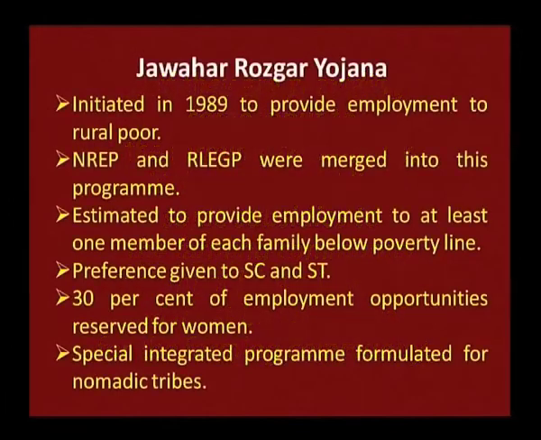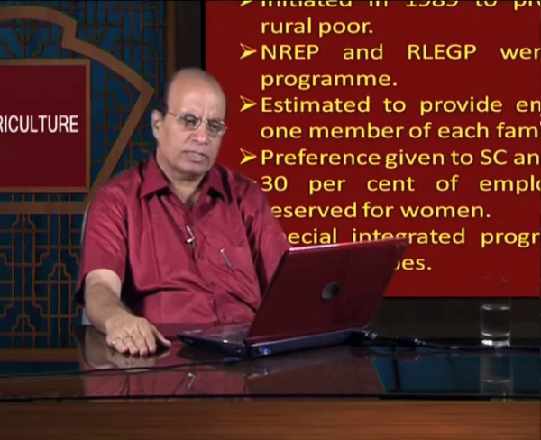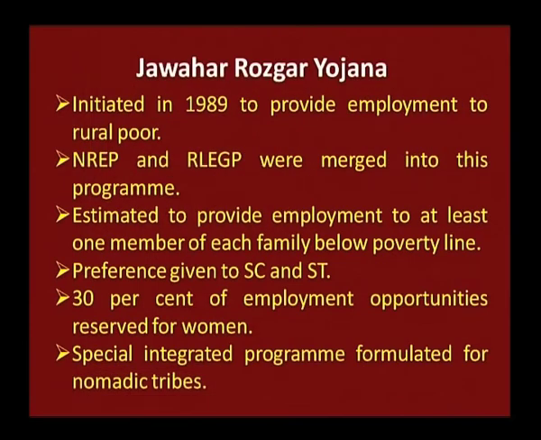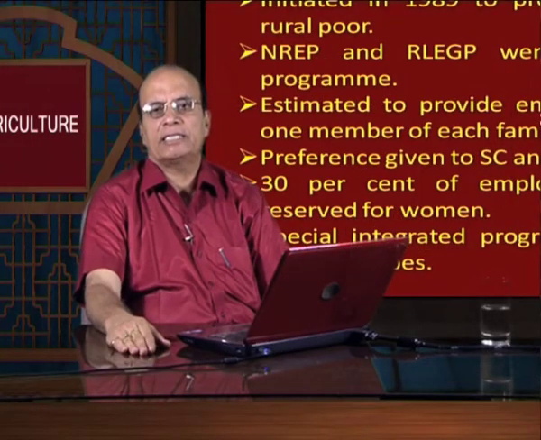Like Jawahar Rozgar Yojana, in villages most of the farmers are not getting jobs, and therefore Jawahar Rozgar Yojana was initiated in 1989 to provide employment to the rural masses. Even for the rural masses, nowadays we have the Pradhan Mantri Gramin Sadak Yojana. In the same way, so many roads are being constructed in the villages in the name of Jawahar